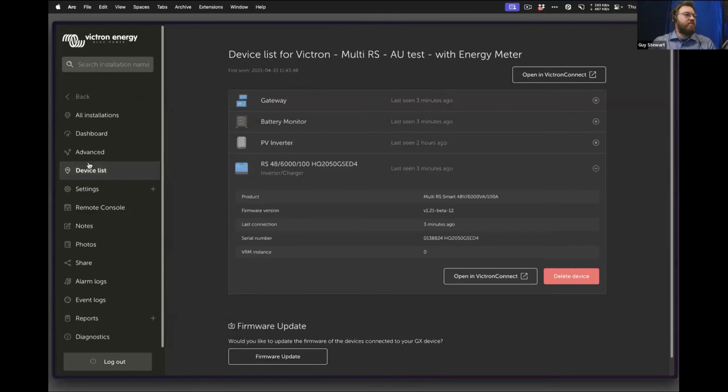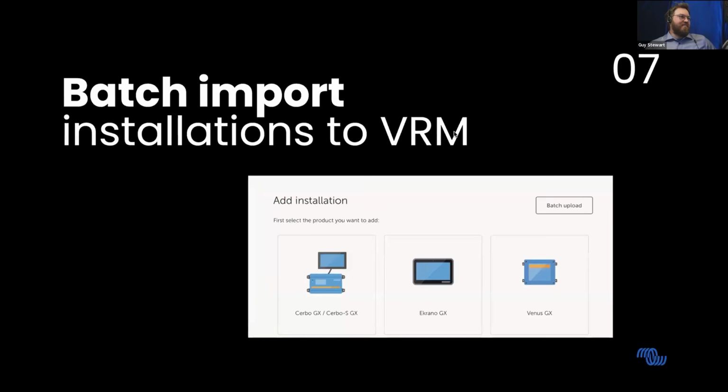It would be nice to hear from anyone who's using this on a regular basis. The next thing, it's a new feature. It's a niche feature. Let's say it's only really for OEMs. That's people who are making lots of Victron systems who need to add, let's say 10 at a time or more. Let's say they do a batch of 50 of their installations that go out and they don't want to have to individually type in each code. They have some system where they can scan those codes and then put it in.